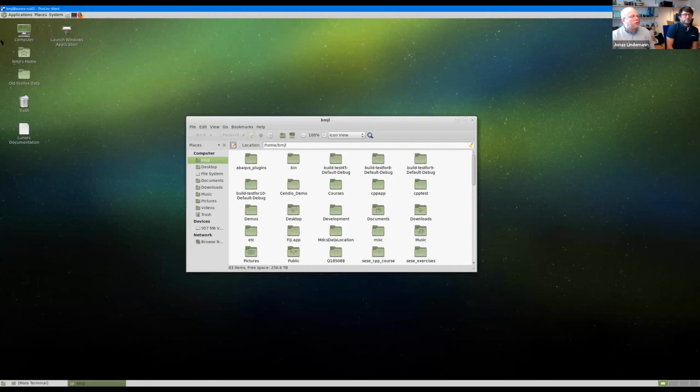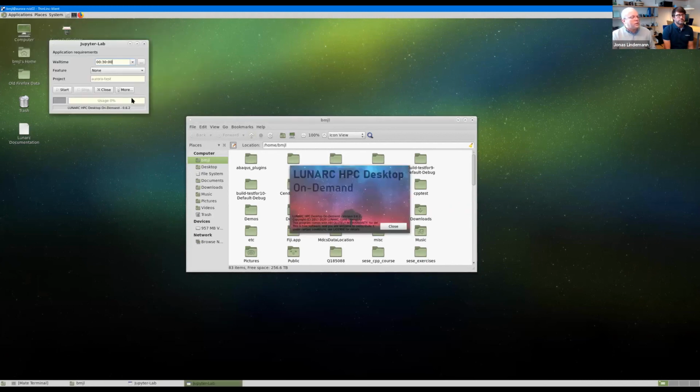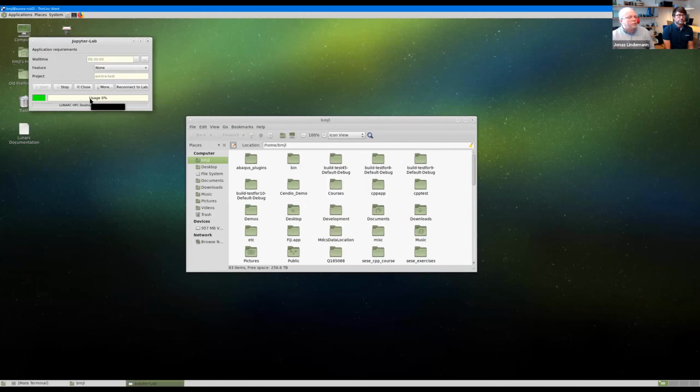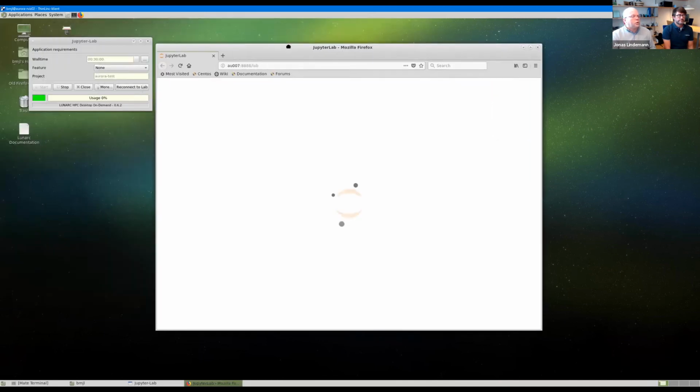We can also do Jupyter Labs. That is something that has been popular here, running Python in an interactive way. And that is web-based, so it starts a web-based tool on the node. But we use the same method of starting here. So I just put start here. It takes some time to start up. It waits for the output of the job to produce the URL for connecting to this web server. So now it automatically starts